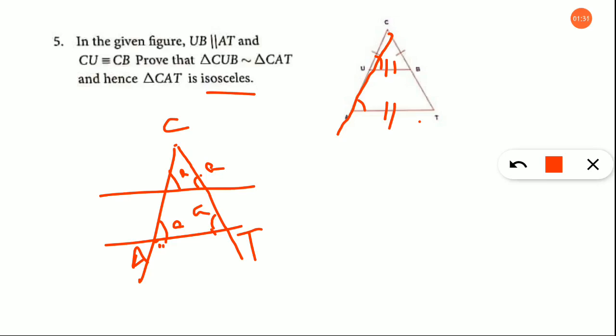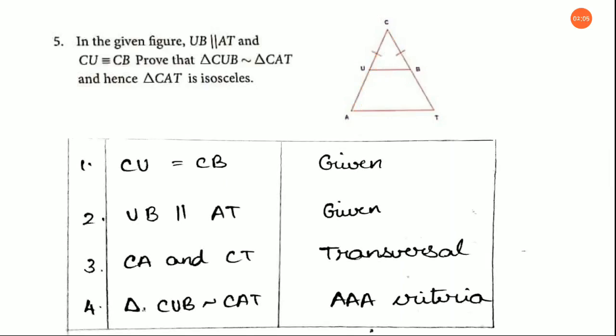So by using this transversal concept, we are going to say that both the triangles are similar, using which property? Angle, angle and angle. Because this angle is also same. This angle, angle C, is common to both the triangles, and these two angles are also same, that is, angle U and angle A are same, angle B and angle T are also same, and this angle C is common to each other. It means both are having the same values. Now can we say that these two are similar to each other? Yes. Hope you are clear. Now this is how we are going to write it.